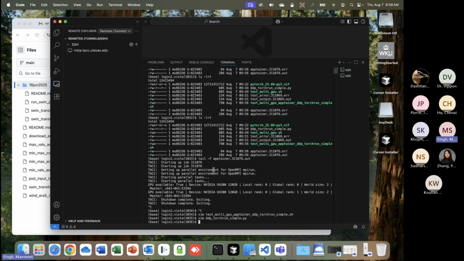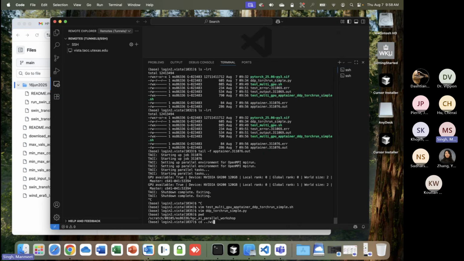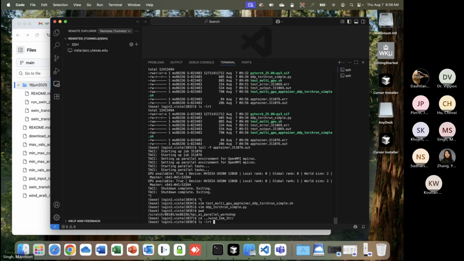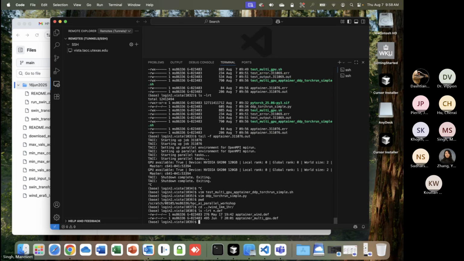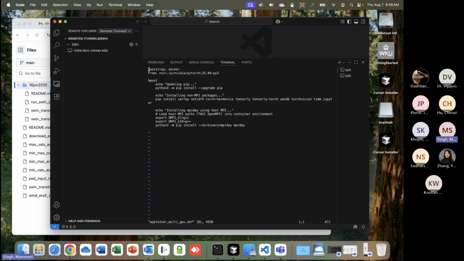I think I have not put it here. Let me just go back. So when you are making the multi GPU container, what you have to take care of is